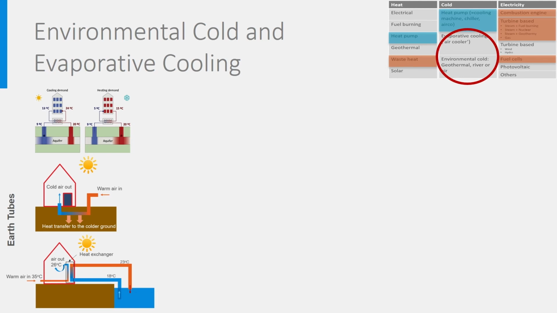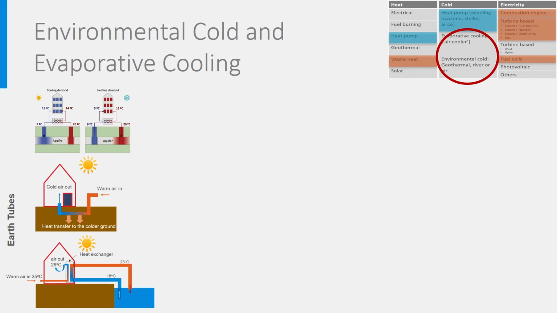Finally, we can use evaporative cooling to cool air. Evaporative cooling is possible due to the ability of water to evaporate in air when the air is not saturated. If you inject water droplets in air, it will automatically evaporate, and by evaporating it will take the needed heat of evaporation from the air itself, which therefore will cool down. That is the principle on which evaporative cooling is based.